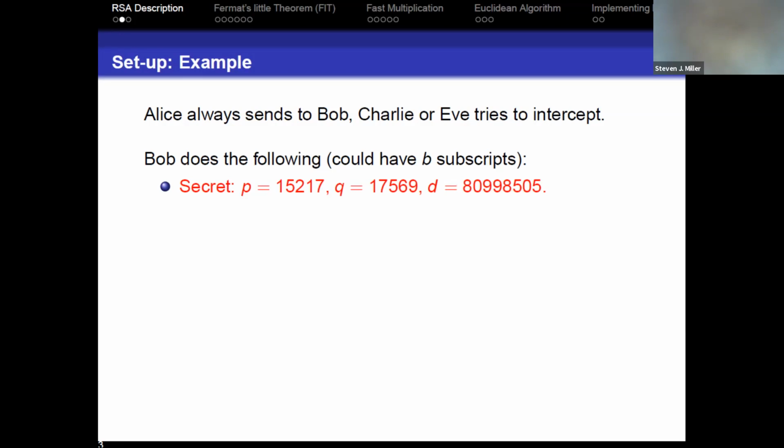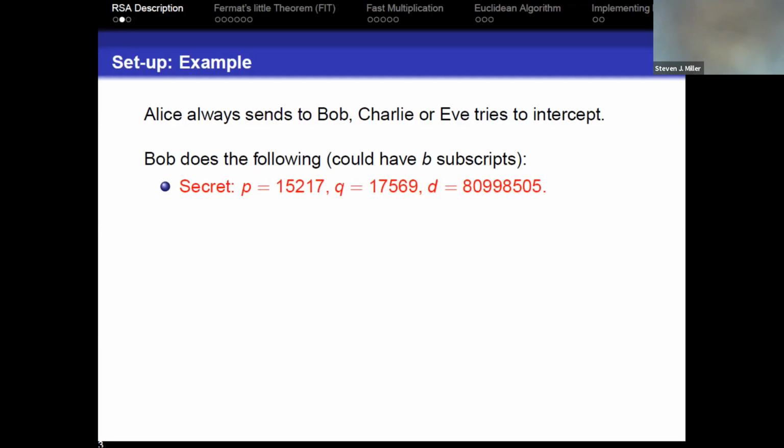And so here is just the brief description of RSA as to how you implement it, and later we'll see why it works. So Bob does the following. If I wanted to, I could have subscripts B on everything so that I could see these are the things that Bob is doing. If Alice wanted to do it, she would have subscripts of A. So Bob chooses 2 primes, P and Q. In practice, they would have at least 200 digits. Rather than spending a few slides going through and toggling, let's just choose 5-digit primes.